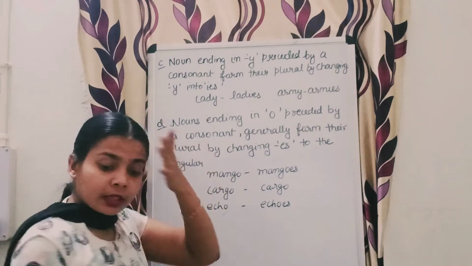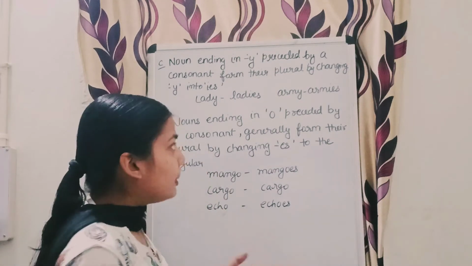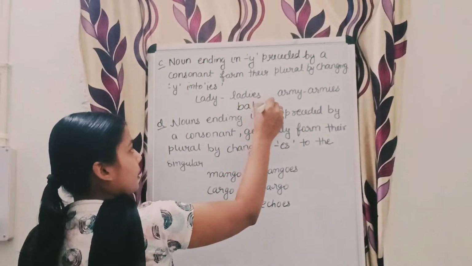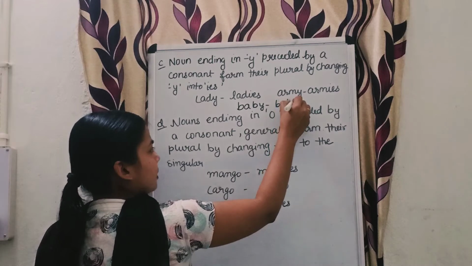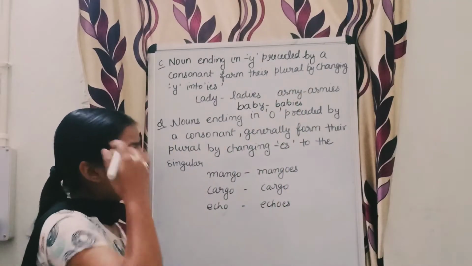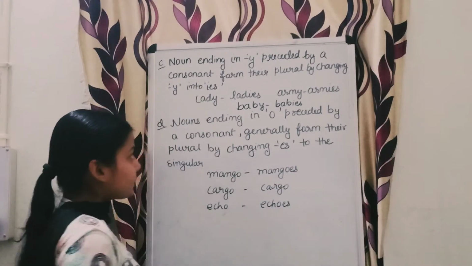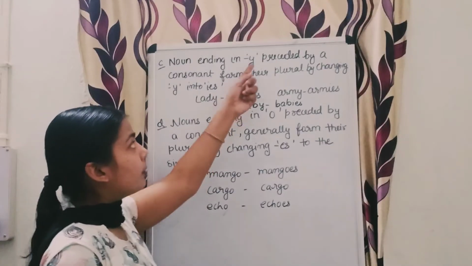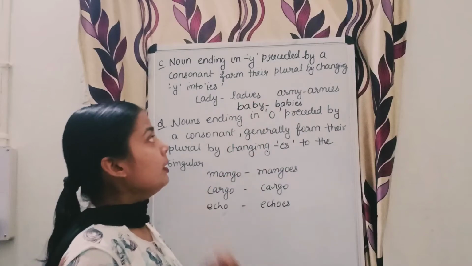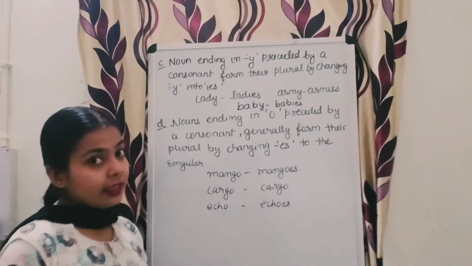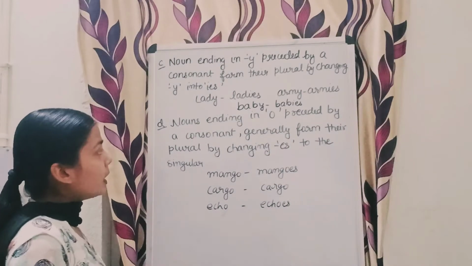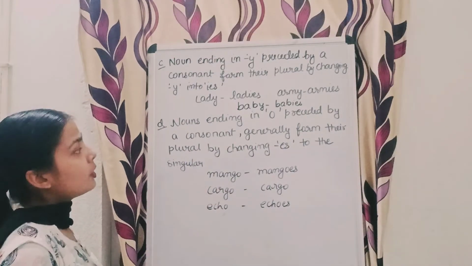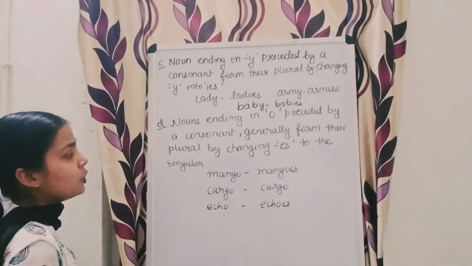For example, take another example. As you can say, baby, babies, isn't it? So this way we can convert any singular noun which ends in y into plural by adding ies. And the last one is a noun ending in o preceded by a consonant, which generally forms its plural by adding